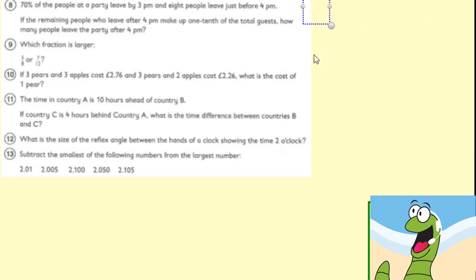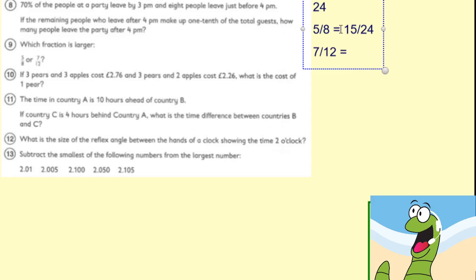So, question 9. Which fraction is larger? 5/8 or 7/12? Before we can do anything, we need to work out what our common denominator is. And that is 24. Okay, so that's our common denominator. So that means that converting the fractions can be written as, so 5/8 would equal 15/24, and 7/12 would equal,